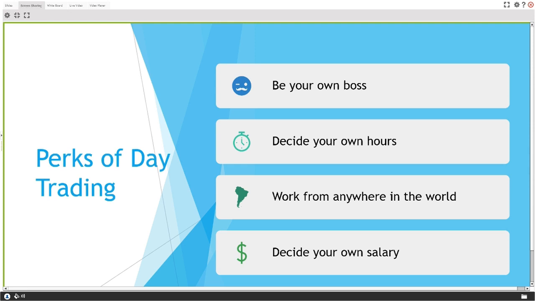But being your own boss is nice. To not have anyone tell us exactly what to do all the time, to not have someone say you need to get this done, or someone who may be a jerk that's being rude to you, right? So it's awesome to be your own boss. It's also great that we decide our own hours, right? We don't need to work from 9 to 5. We don't need to work from 7 to 6. If you want to, you can work from 10 in the morning to 10:15 and make your money and then go out and enjoy your day, right?